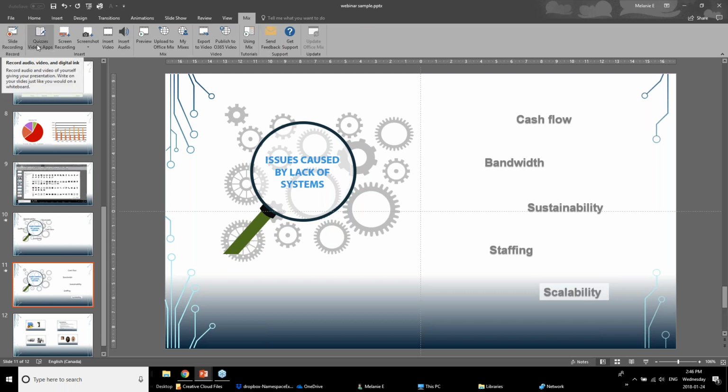We have slide recording. We have the ability to do quizzes and to add quizzes to your actual presentation. You can actually do a screen recording. You can do a screenshot, and you can add some more multimedia. You can add a video, you can add audio to your presentation. The real intent of Mix, and I'll just do this part right here to show you when you get to